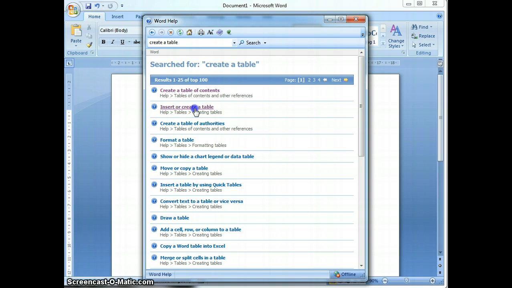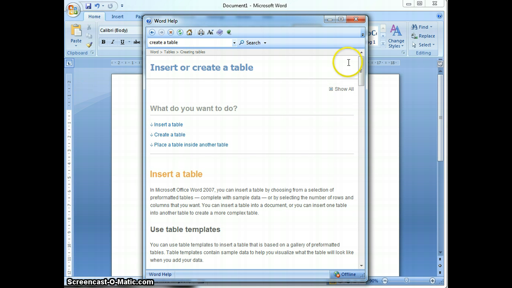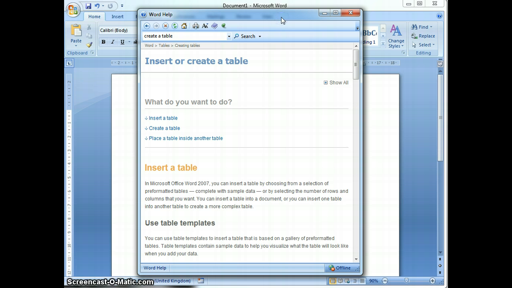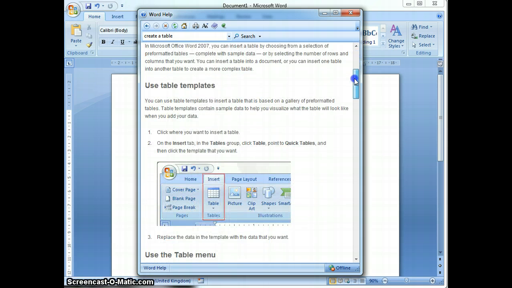So I can click on that, and that'll take me to this document, which you can obviously see has lots of text. So for those of you that like to find solutions to problems by reading text, this would be really handy for you. If I scroll down, you can also see something that's fantastic. When Microsoft Word explains how to solve a problem, they don't just use text, they also use pictures like this. So it's a step-by-step instruction of what I must do to insert a table into Microsoft Word.